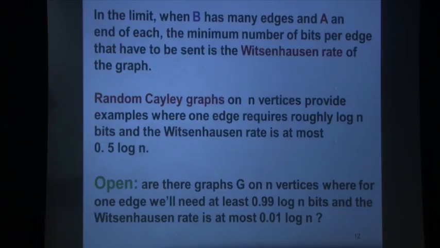It's open in particular if there are graphs G on n vertices where for one edge we need to send very close to log of the number of vertices bits, 0.99 log n bits, let's say, but for many edges we have to send only 0.01 log n bits per edge. And maybe understanding better the chromatic number of these random self-complementary Cayley graphs, or maybe others,